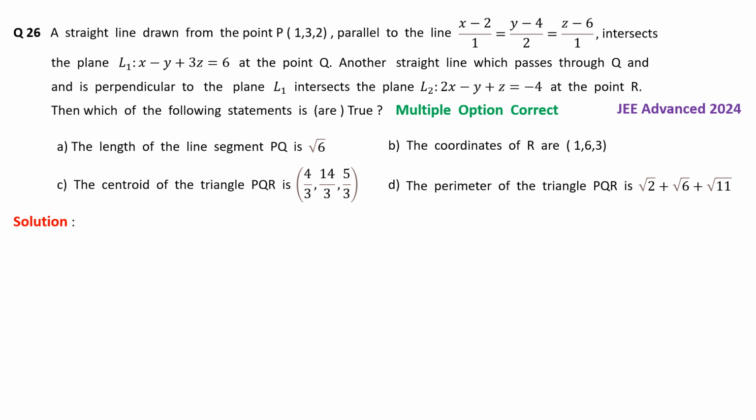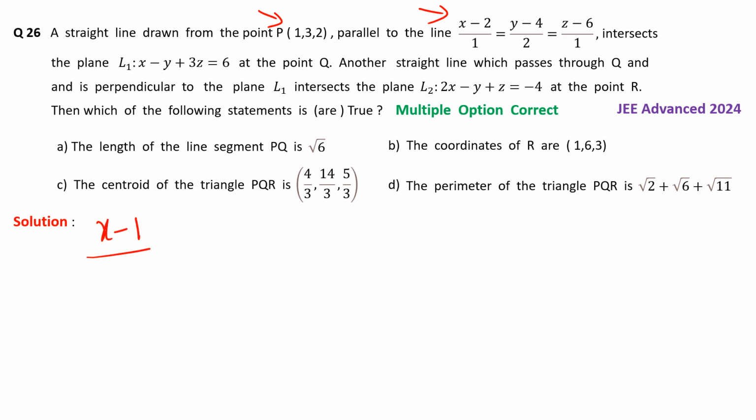Now students, if you are thorough with the basic concepts of three-dimensional geometry, then it is a simple problem to solve. First of all, we will be writing the equation of the straight line passing through the point P and parallel to this given line. Now we know that whenever two lines are parallel to each other, then their direction ratios are same. So that means the equation of this particular line passing through the point P will have the direction ratios 1, 2, 1. Fine. So that means the equation of the line passing through the point P can be written as